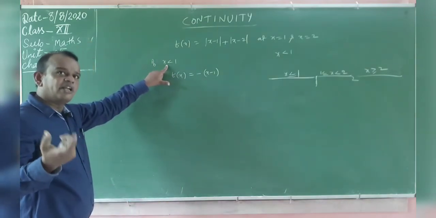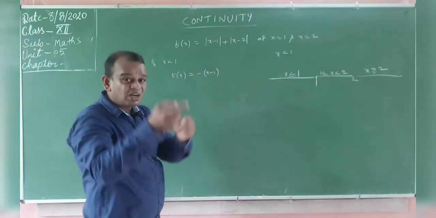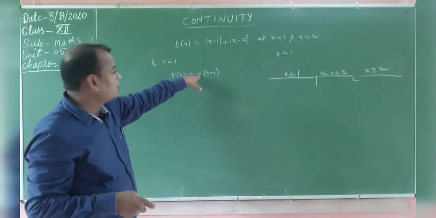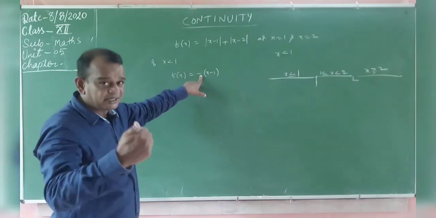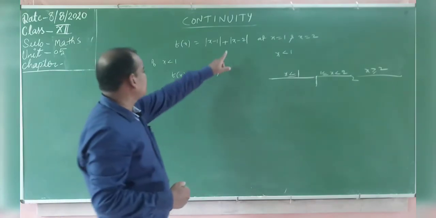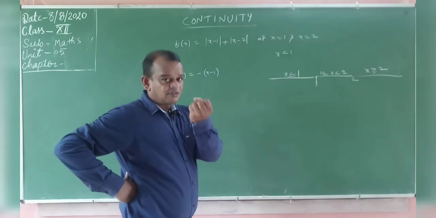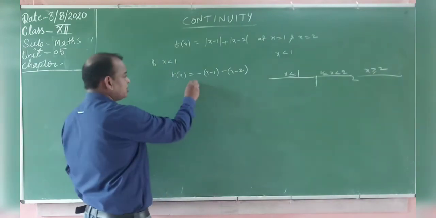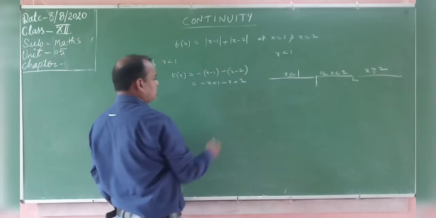Less than 1, you can take any value. First we will take minus 1, minus 2 means the value is negative. That's why you write the negative. You remove the modulus and write the negative. Actually plus or minus symbol is there, but in this case the value is 100% negative. Next, x less than 1 means you take x equal to minus 1, minus 2, minus 3. That value is negative, so minus of x minus 2. Now the calculation: minus x plus 1, minus x plus 2.